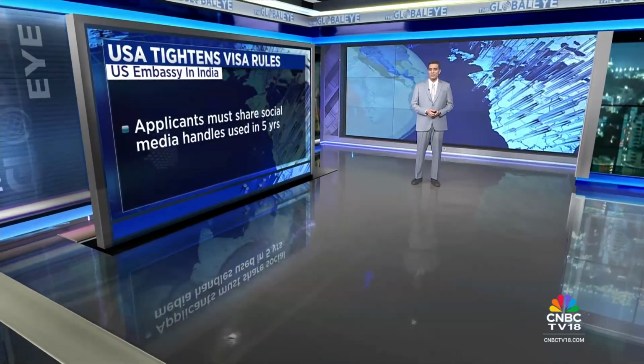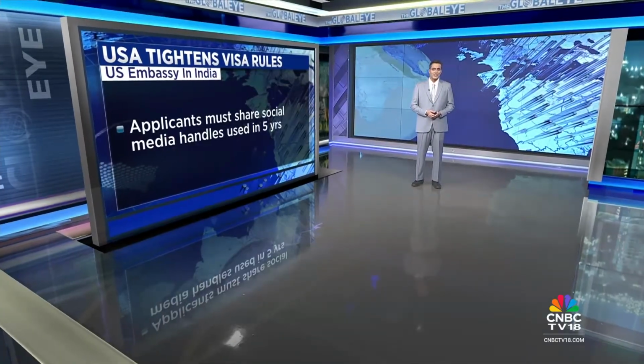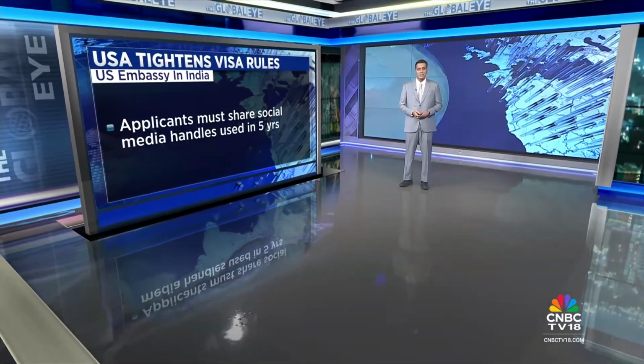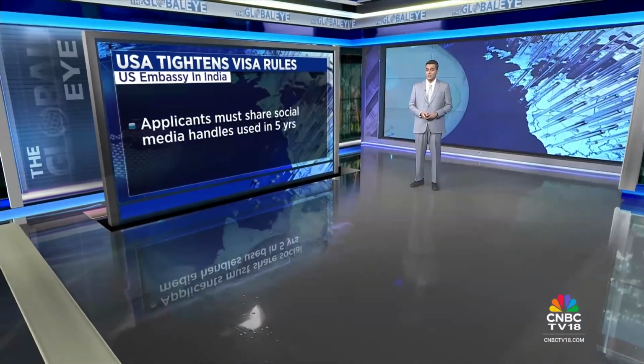I'm Parikshit Luthra. The Trump administration continues to crack down on immigration. US visa applicants are now required to list all social media usernames or handles of every platform they have used from the last 5 years on their form for background checks. The US State Department referred to each visa adjudication as a national security decision.